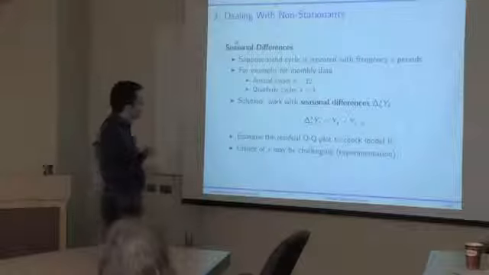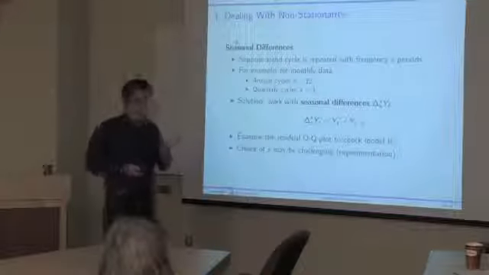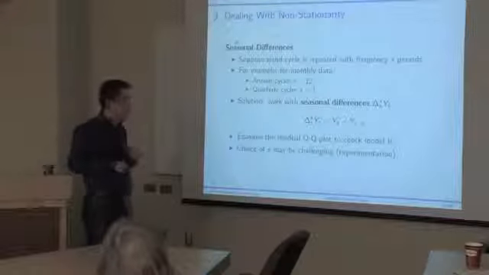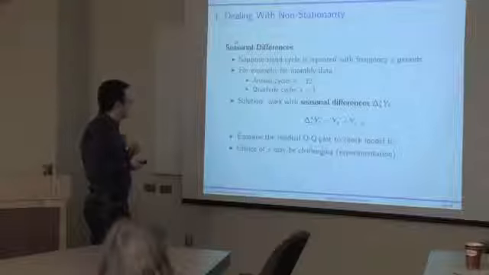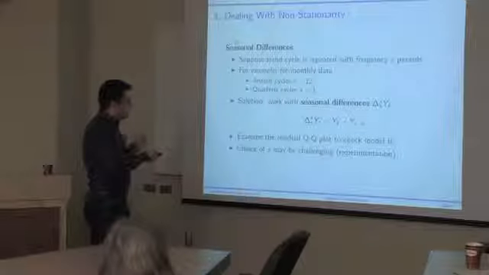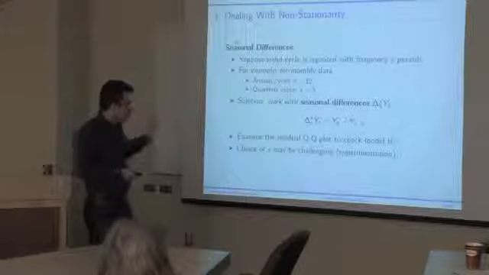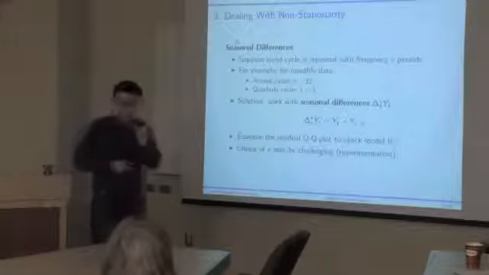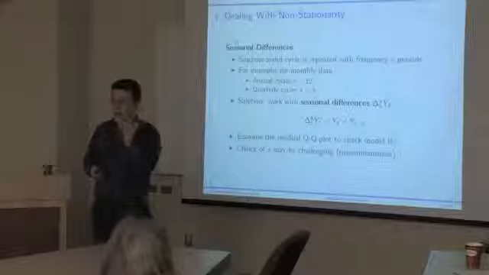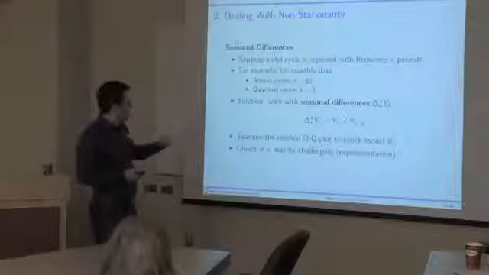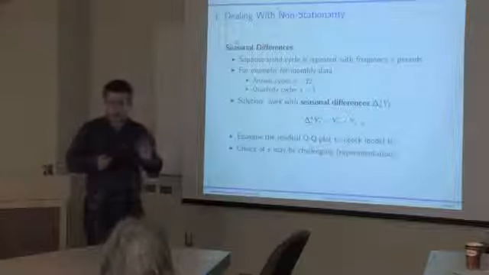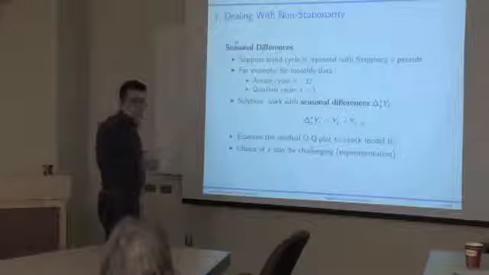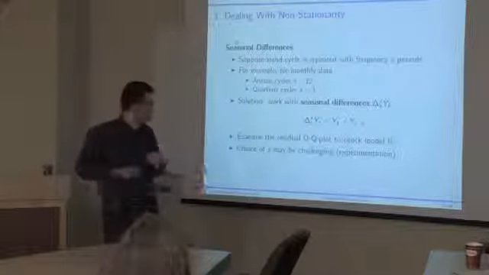So for example, if we want to calculate annual differences of the series, we're going to look at the differences between the values of the series today, let's say in April 2013, and the values of the series 12 months ago, so 12 time periods ago, so in April 2012. So before we would look at the differences between April and March. Now we're going to look at the year-over-year differences, so April 13 versus April 12. And these differences we're going to call seasonal differences.